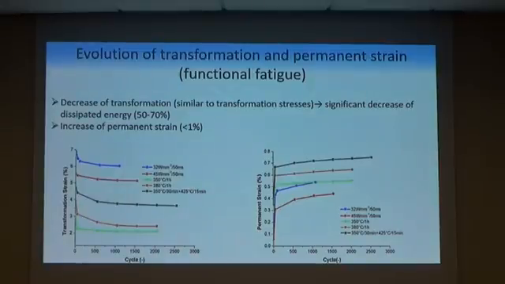And also accumulation of permanent strain was measured. You can see that these wires are relatively stable. Permanent strain is always lower than 1%, but precipitation hardened wires show slightly higher stability after the initial 50 or 100 cycles. So at first a higher increase, but then more stable than pulse heated.